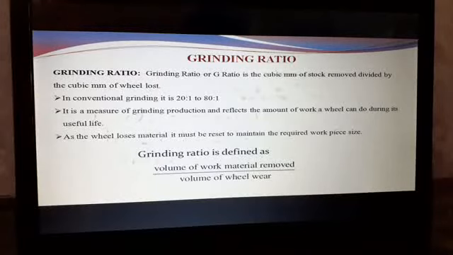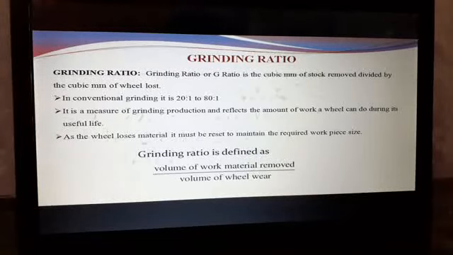So on what parameters will it depend? It will depend on the hardness of the grinding wheel and hardness of the workpiece. Okay, you may be grinding mild steel, then cast iron, then stainless steel. So no doubt the G ratio will be different for the different materials. Mild steel is a ductile material, a soft material. So the G ratio will be high, meaning lower wheel wear will take place during the grinding of mild steel.